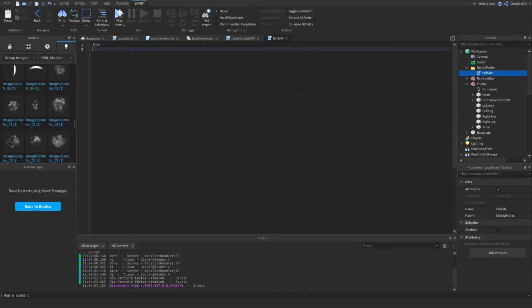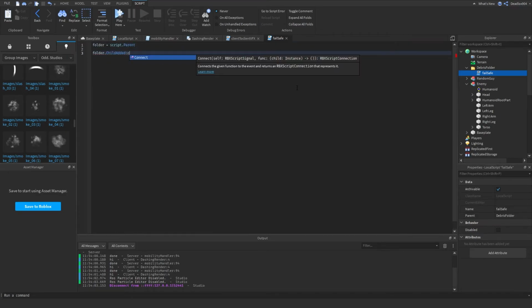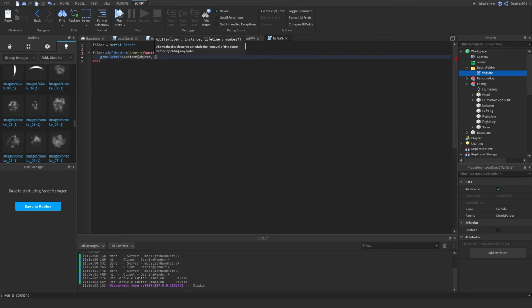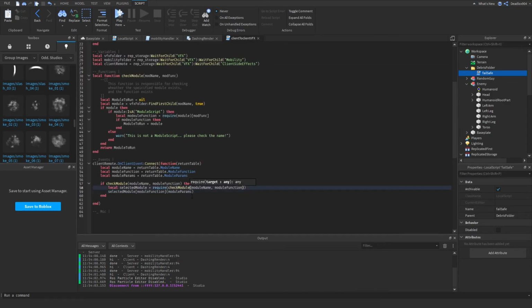Script folder equals script.parent, right? Folder.ChildAdded connect function. Child or object, debris add item object. And they're gonna do it over like a 6 times 7, 6 times 300, 3 times 7, 21, 0, a 7-minute period. Okay, this basically just deletes anything that's added in here in a 7-minute period if it hasn't been deleted by the client already. Okay, so we'll go here, and now what we're gonna do is